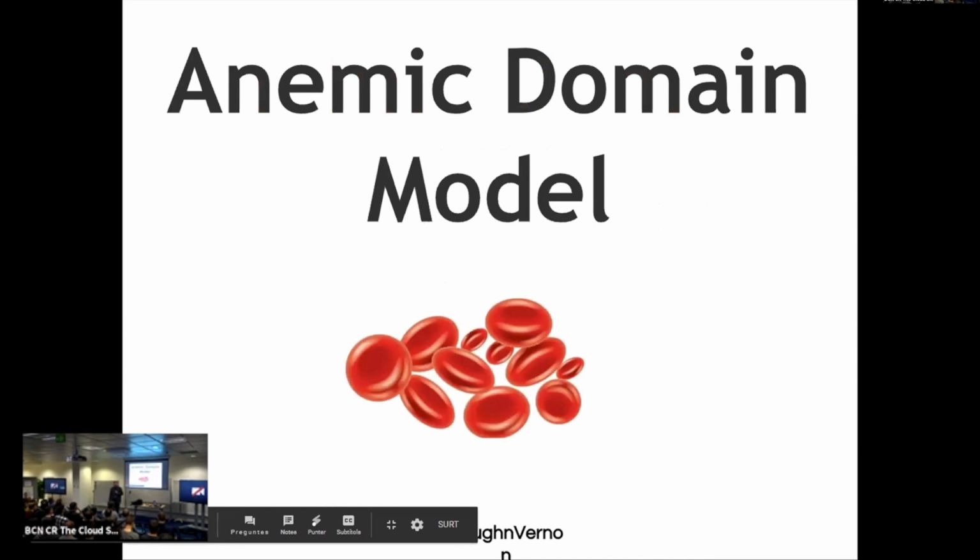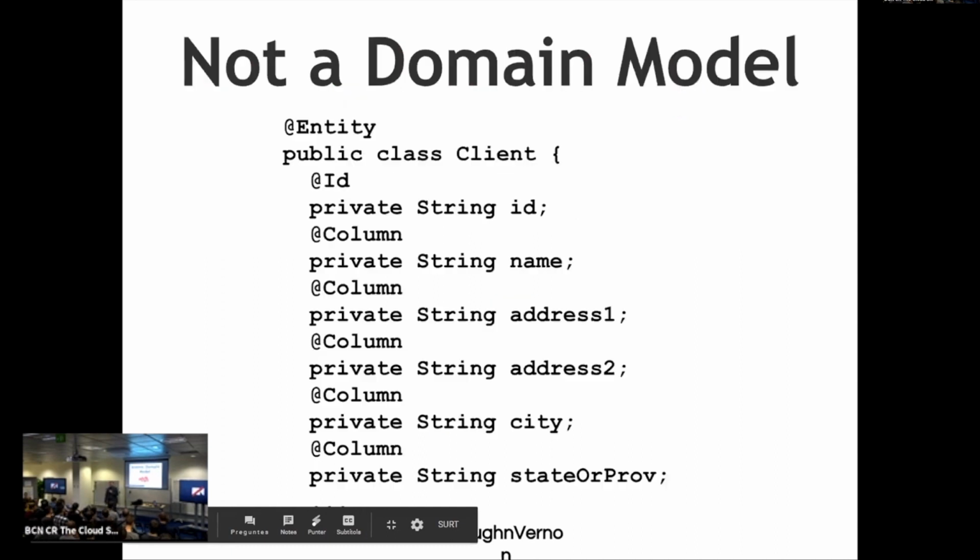And we also are using anemic domain model. What I really dislike about this name is that it includes the words domain and model together. Actually, I wish that it was just named anemic or something, because I don't think it's a domain model at all. And what actually happens is you'll go to conferences and hear people speak about this, and they'll point to a code sample like this, and they say, in the domain model.